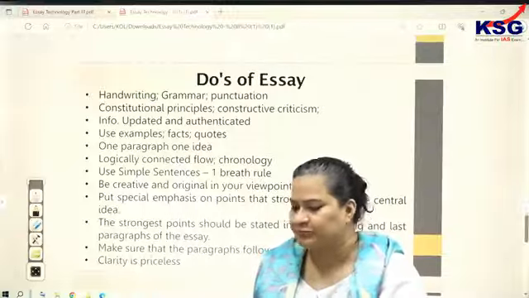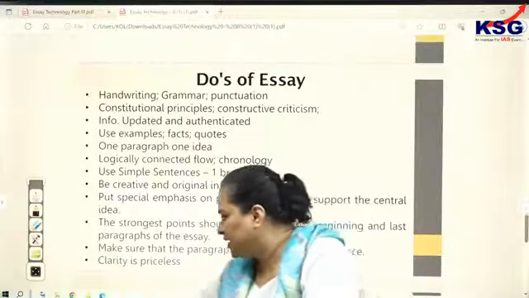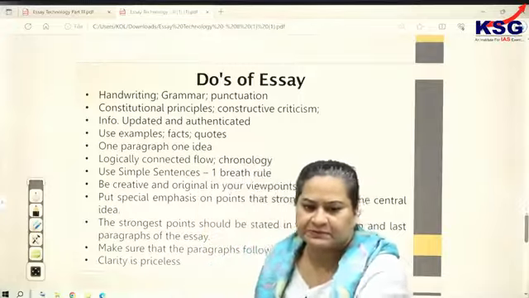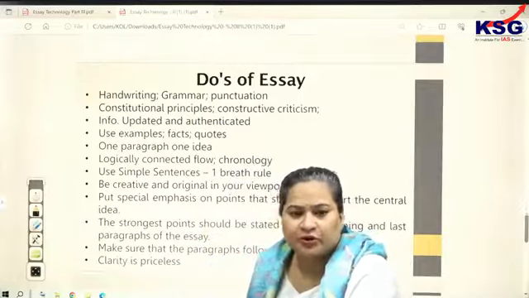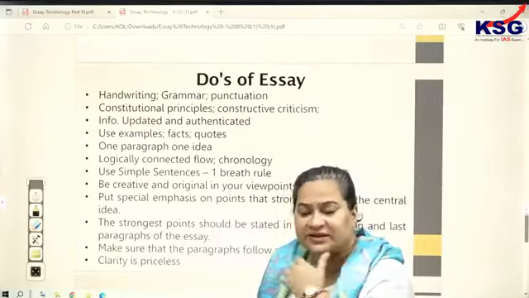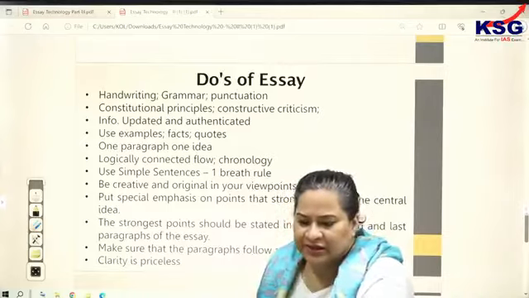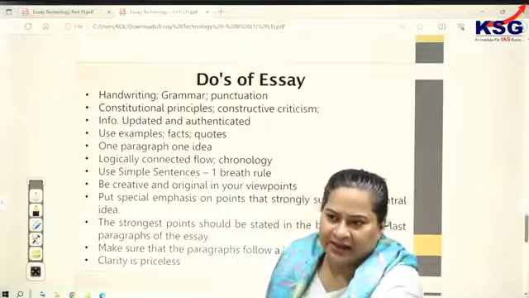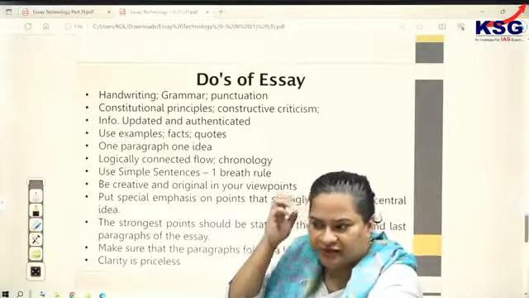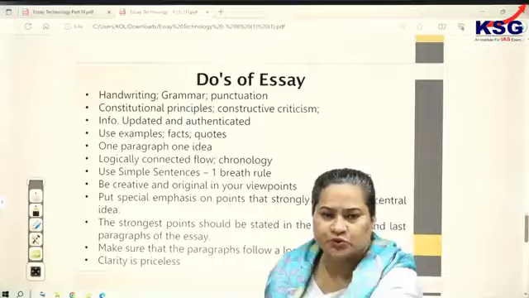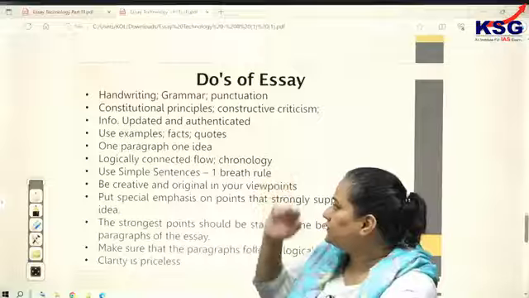So first and foremost, any doubts associated with what has been taught so far, feel free to type them. I shall be supporting you with the component. With respect to the do's and don'ts of essay, that was the segment left over from the previous session. I requested all of you to read it and come, and if there are any doubts, you should feel free to ask. Now, with respect to this subsegment, do's and don'ts of essay, as you can see,